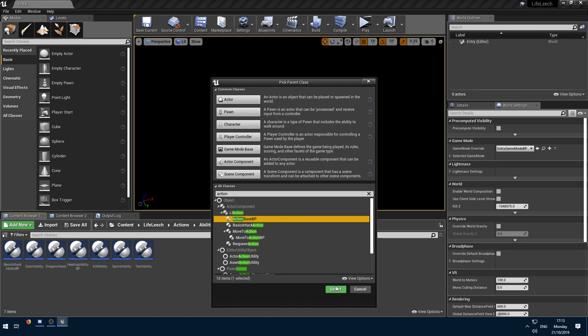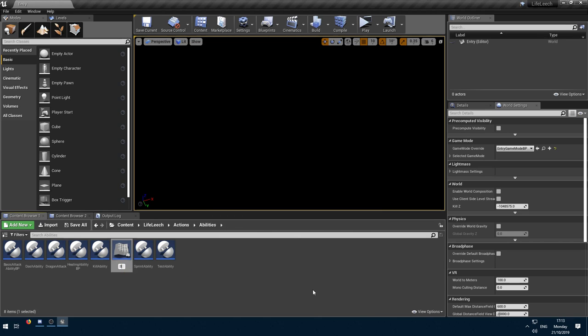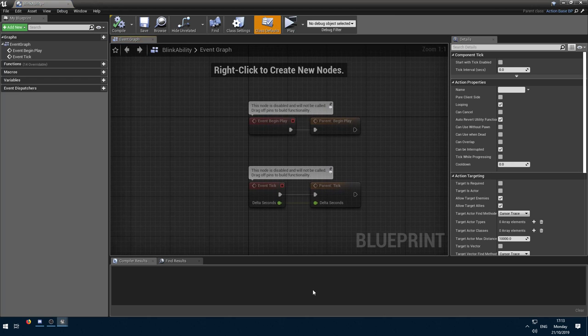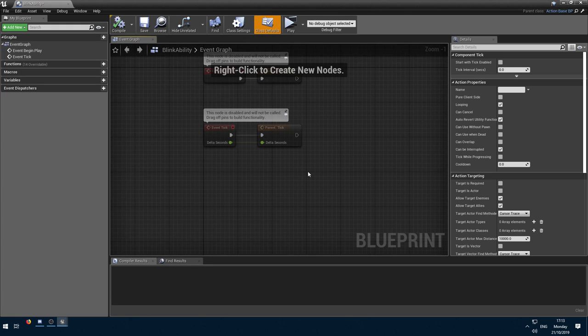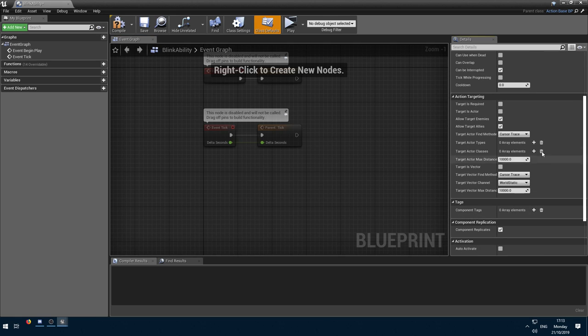Action based blueprint, select, and call this blink ability. So a blink pretty much is a short range teleport forward. And this is what we're doing right here. So I show you, this is to show you the vector target, because this is the second targeting option we have. So let's first call it blink. We don't want it to be looping, because in most cases a blink would have a cooldown or something. So we do require target,